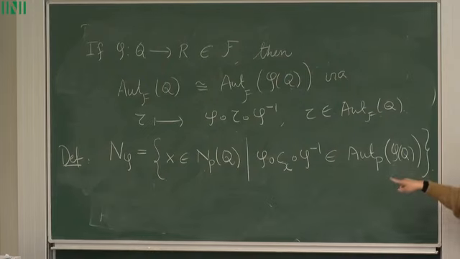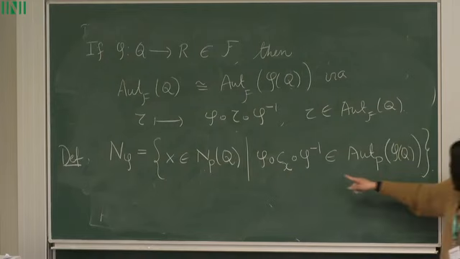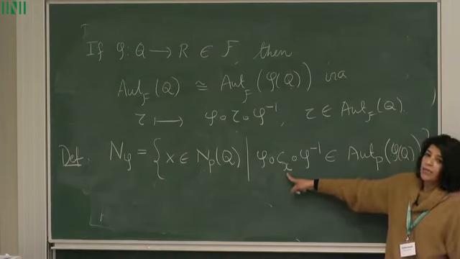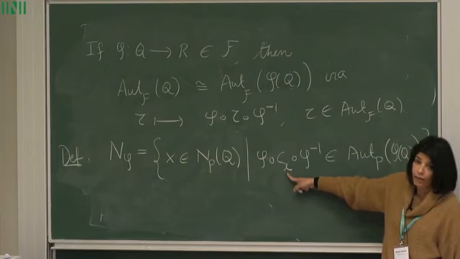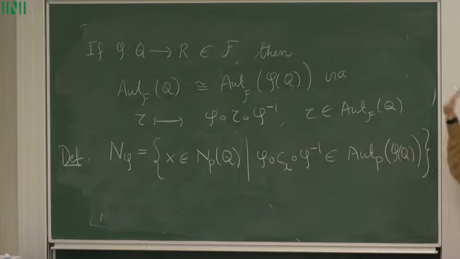Okay, so what you're doing here is, this c_x is by definition an element of Aut_P(Q). Now by transport of structure, you're moving into the automorphism group in F of phi(Q),